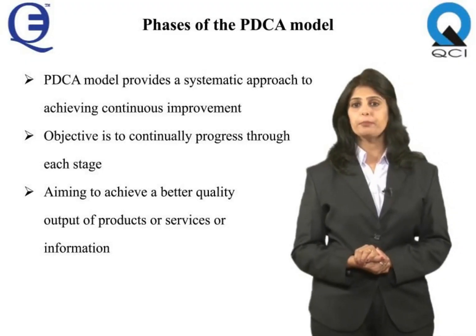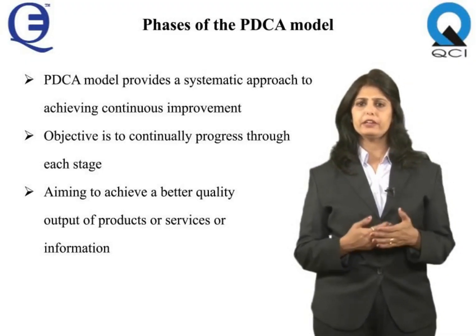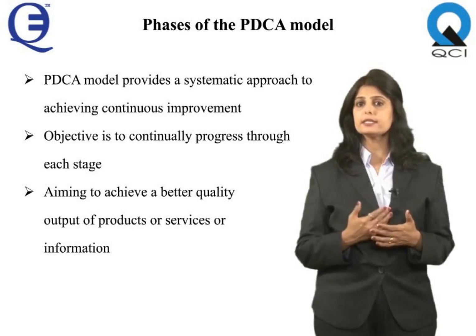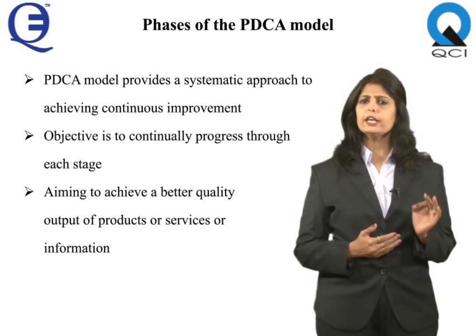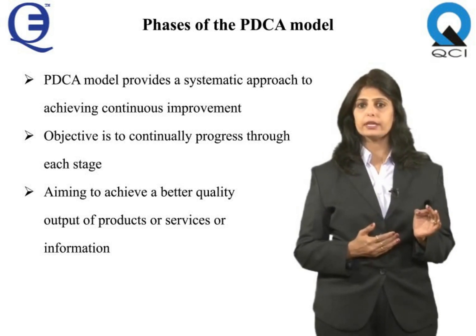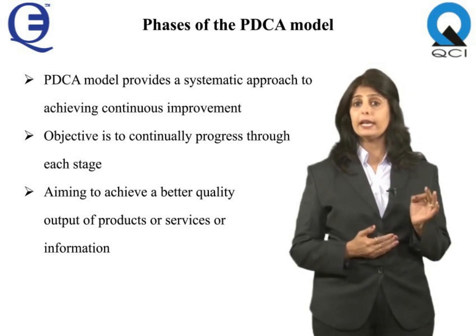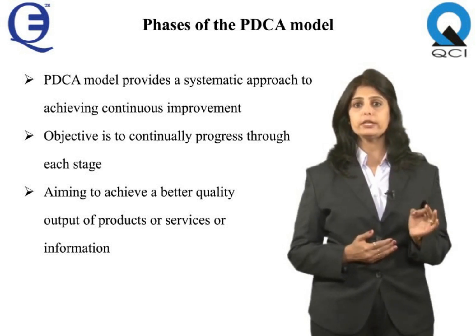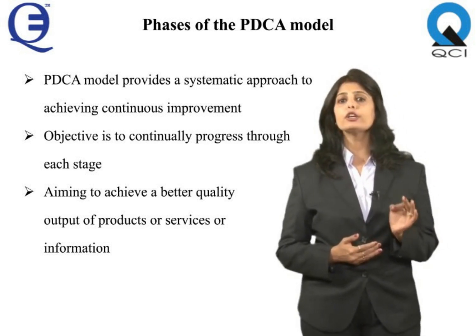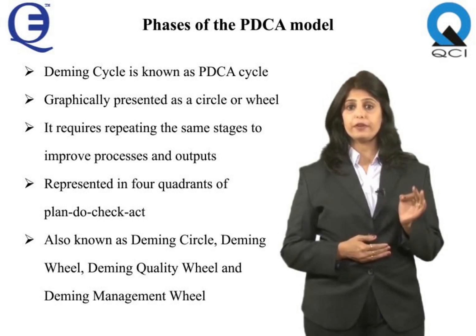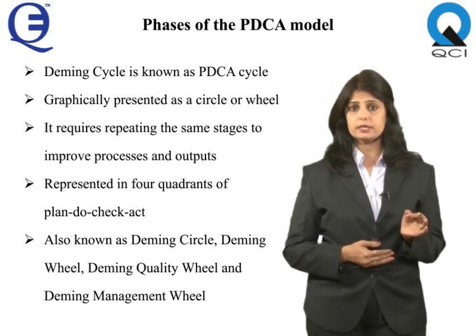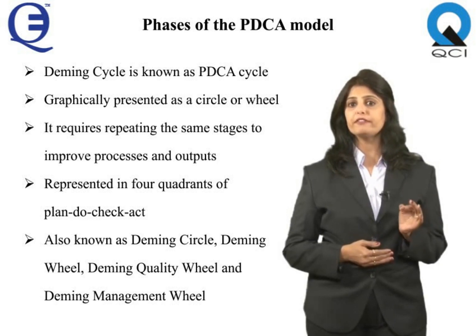Phases of the PDCA model. The PDCA model benefits companies by providing a systematic approach to achieving continuous improvement. The objective is to continually progress through each stage while aiming to achieve a better quality output of products or services or information. The Deming cycle is often phrased in the change management process and in business improvement fields as